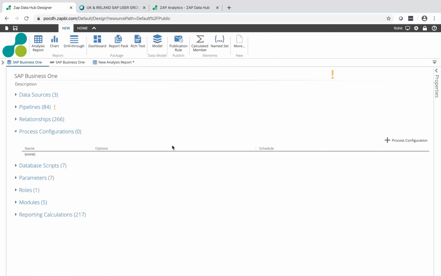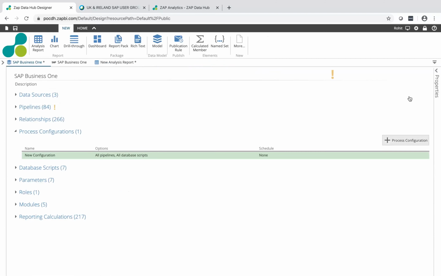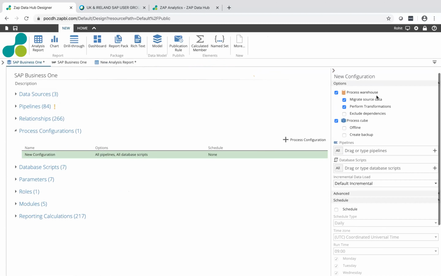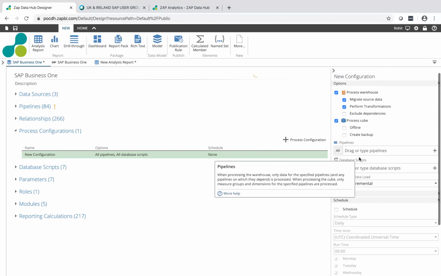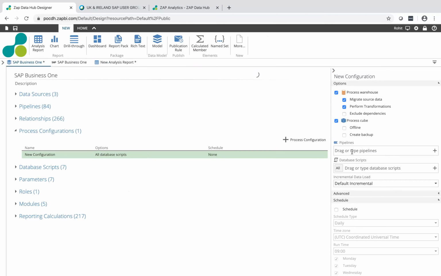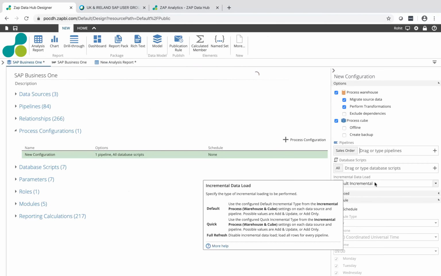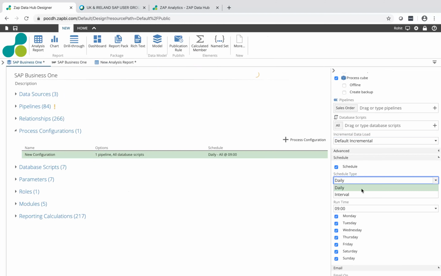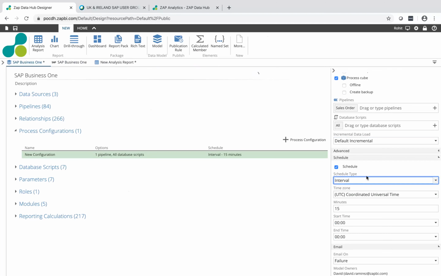Number one, you've got process configuration. What that means is you can control how often you want to bring data. This could be all pipelines, i.e. all 84, or I can say only my sales pipelines. And then you can control how often you want to bring it. Quick refresh, schedule, daily, or interval, every 15 minutes, every 5 minutes, and so on.